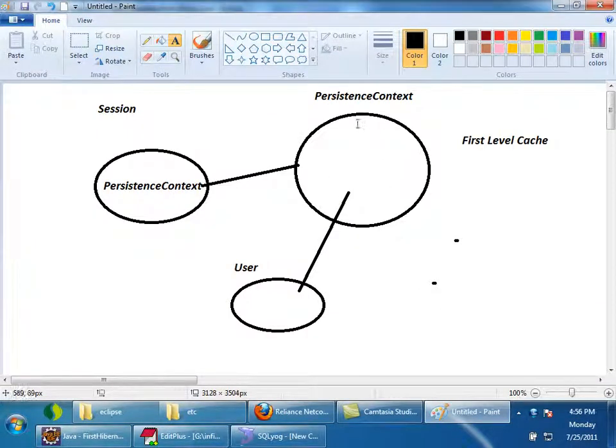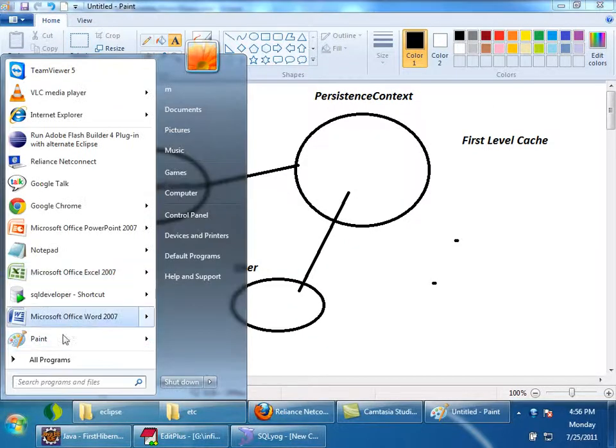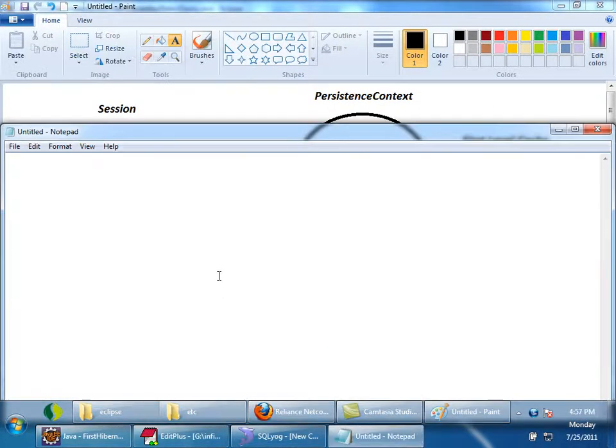If an object is in persistence context, we say that it is in persistent state. So we are now understanding different states of an entity. Once an object is associated with a session, we say it is in persistent state. Let me write the state name here: persistent. I'll introduce all the states slowly.